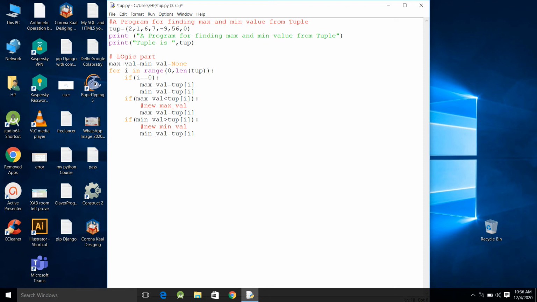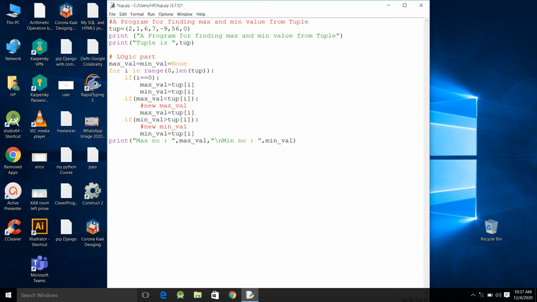After this, students, I will finally print my maximum number. So max number, and it will show in this particular way: max val, and I will use \n, that means a new line, then minimum number equals min val.